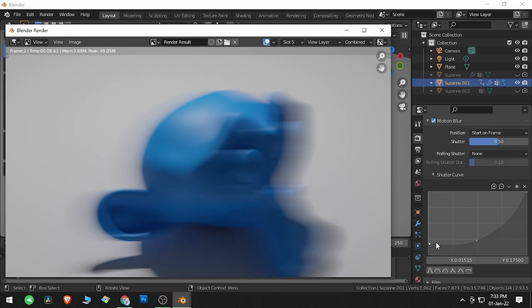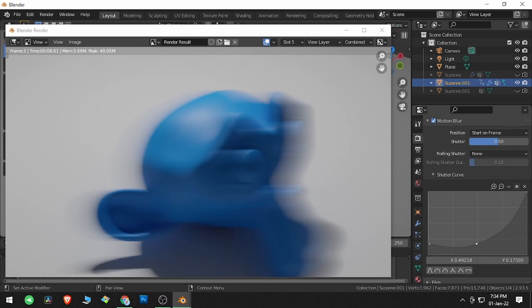There is less over here and more over here, so there is less shutter motion blur over here, and as it is progressing there is more motion blur. Here the value is more, that's why motion blur is more. Here the value is less, that's why the motion blur is less as well.